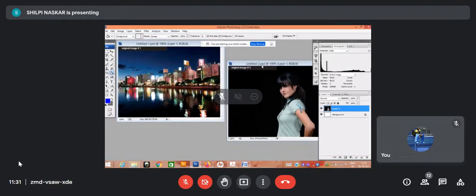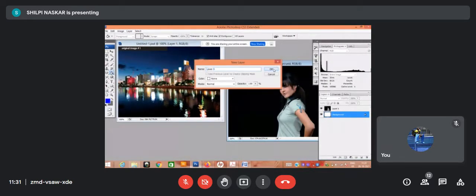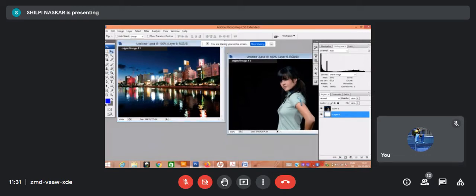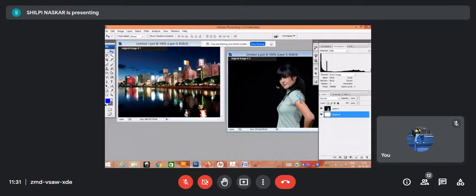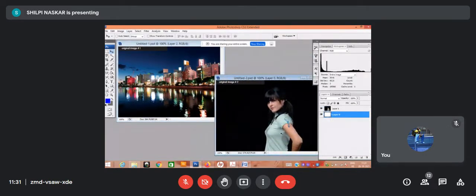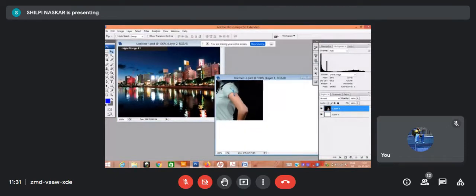First, what I have told you: after taking the picture you have to unlock the background. I'm just unlocking the background. Any picture has to be unlocked before working on it. So take the photos to be masked, then unlock the background. I'm taking these two pictures and dragging one onto the other image so that I can mask one onto another.